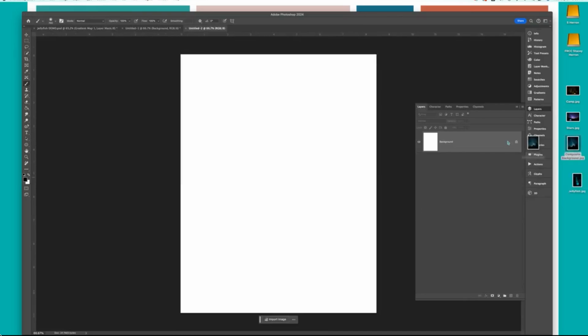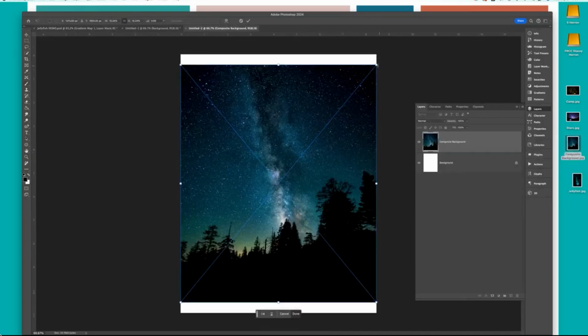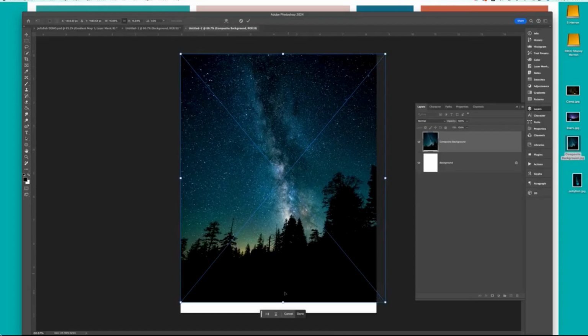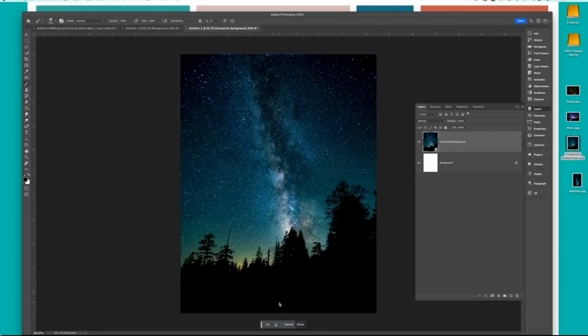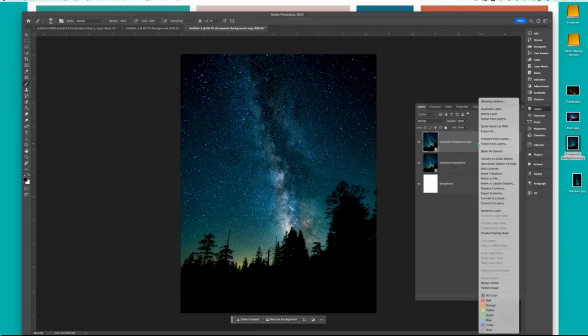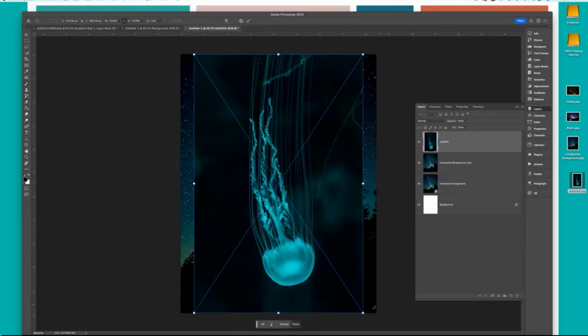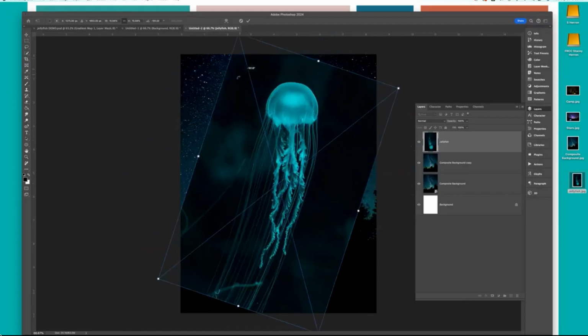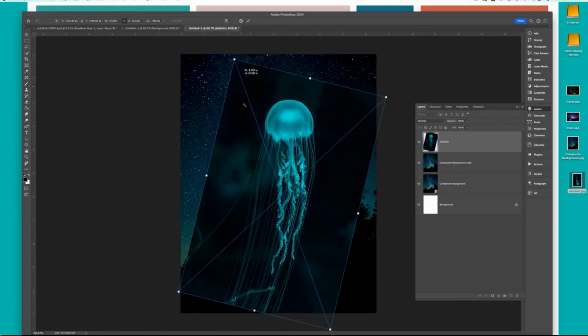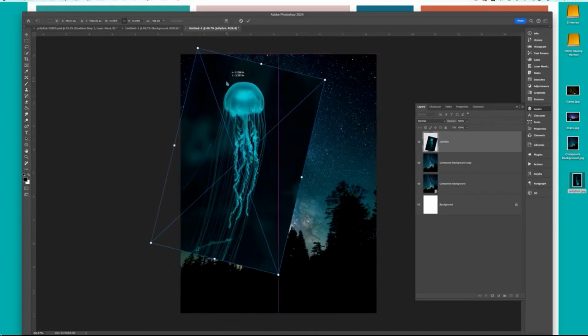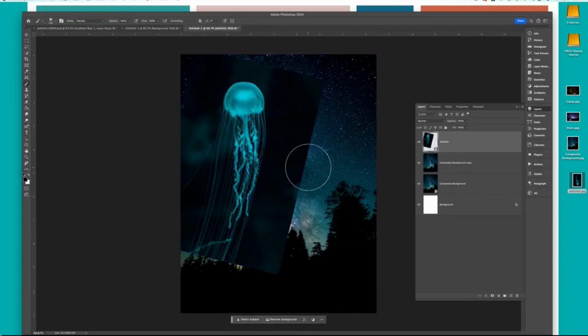We're going to bring over our background composite. I'm going to stretch it out just enough to fill the space, and I'm going to make a duplicate layer and rasterize it. So next we need to play around with our jellyfish. So I'm going to bring over this guy, rotate him around, pick what kind of size I would like,